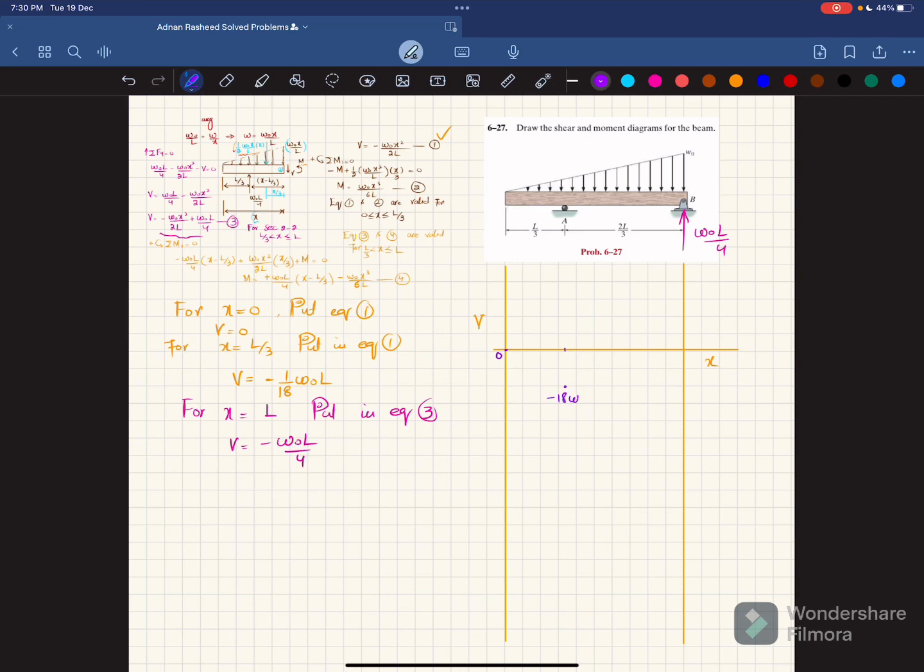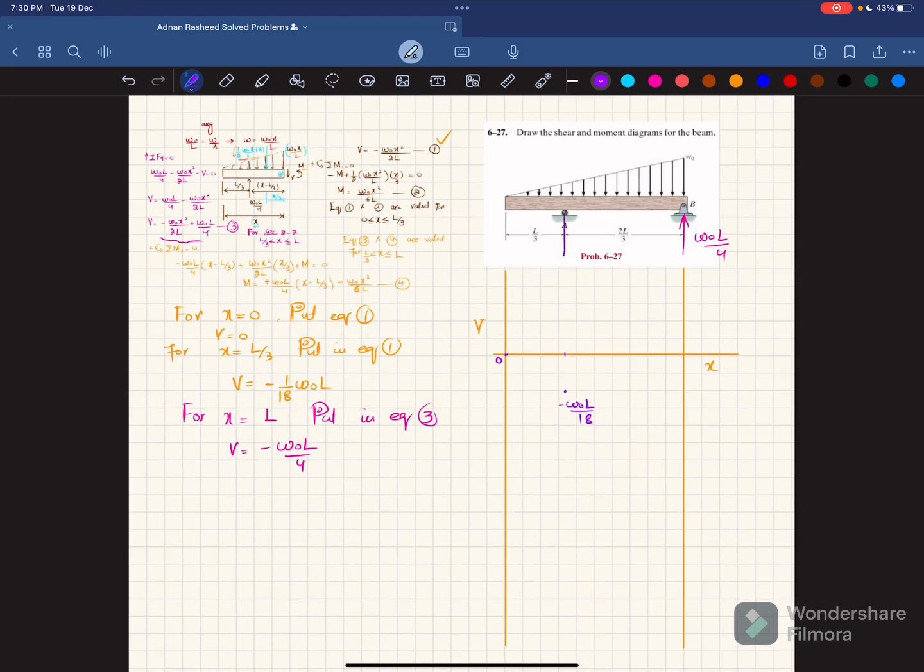So minus W naught L over 18. Minus W naught L over 18 is this one. Clear? And you can see you have RA as well over here, which is W naught L over 4. So minus W naught L over 18 plus W naught L over 4 will bring it to 7 W naught